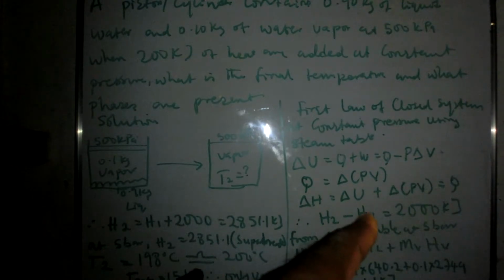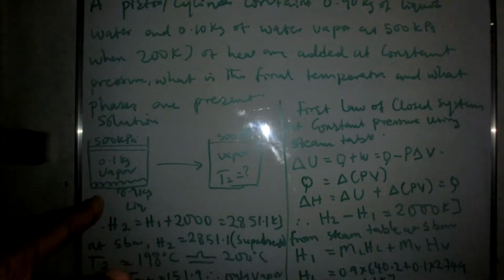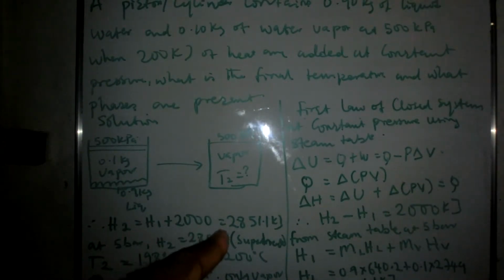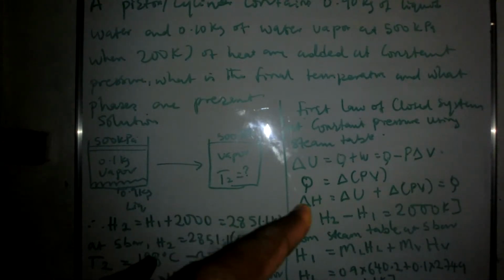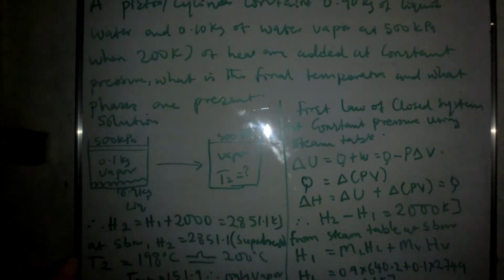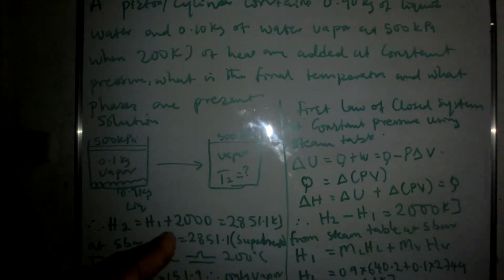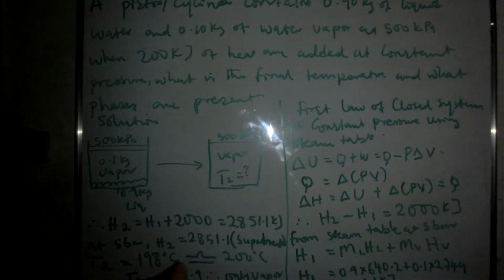If you put it back in this very equation that says H2 minus H1 is equal to 2000, we make H2 the subject of the formula, so that H2 equals H1 plus 2000, which will give us 2851.1 kilojoule. So that is your H2. If you now check, H2 is very high and it's going to be superheated. If you go to the superheated side of the steam table, you're going to find that at H equal to 2851 and 5 bar, the temperature is equal to 198 degrees Celsius,